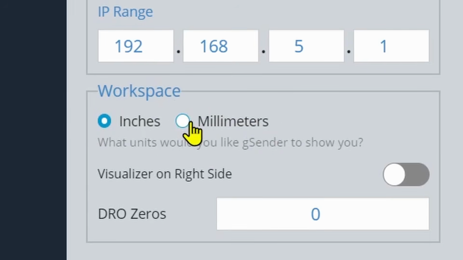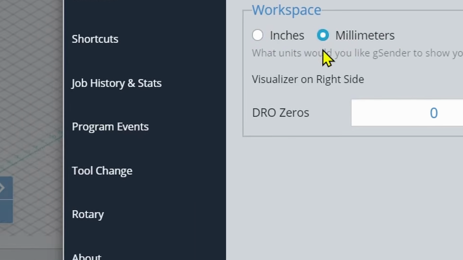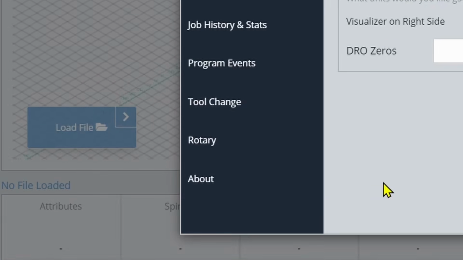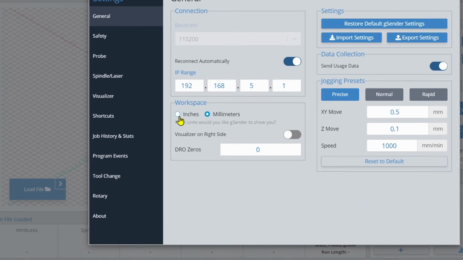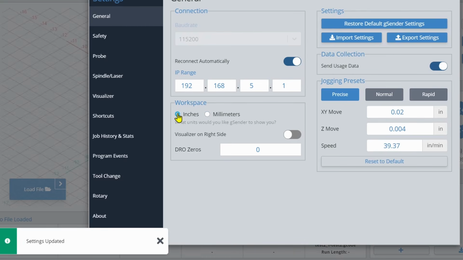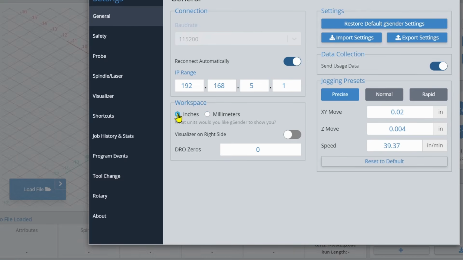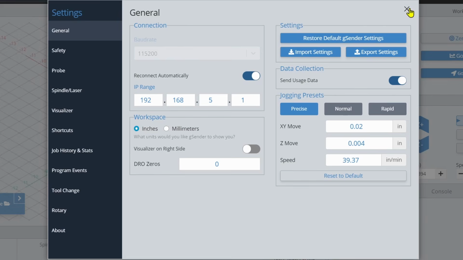And you can select inches or millimeters. If you're in inches, then of course select inches. If you're in millimeters, select millimeters. When you do that, a little thing is going to pop up and says that your system has been updated. I'm going to go to inches, and if you look at the lower left corner, it says that settings have been updated. So that's telling me that the inches are now valid, but there is one more thing we have